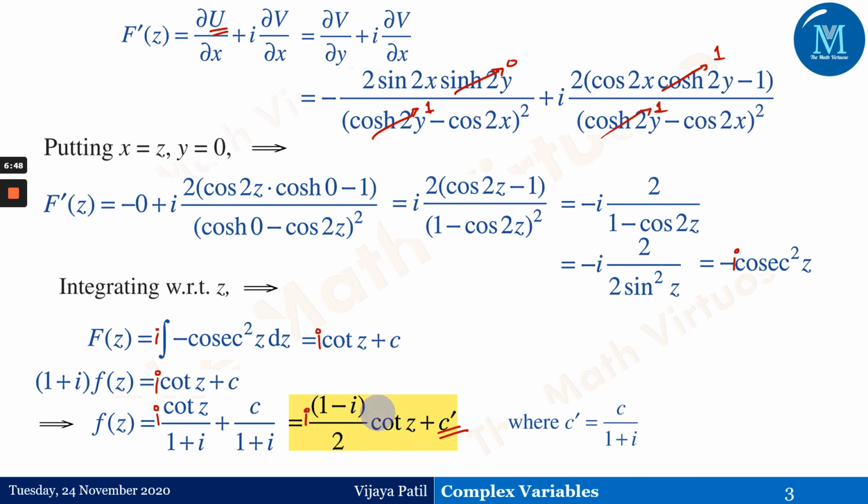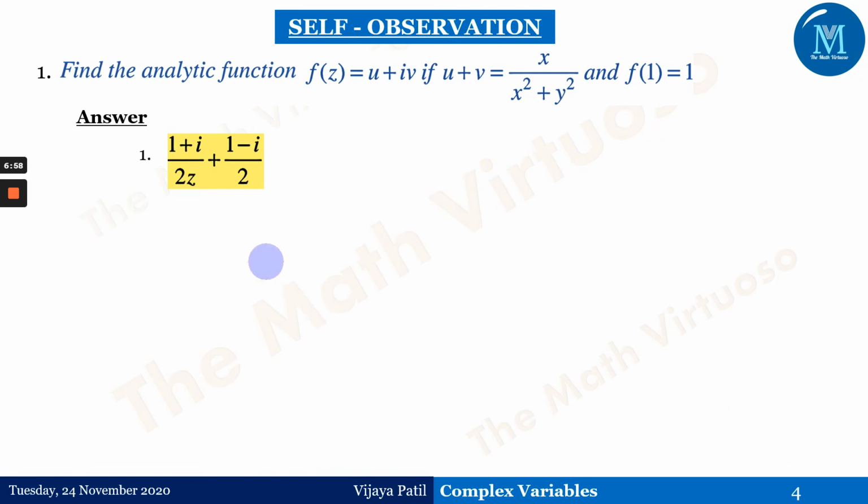So this is the particular answer for this question, wherein we have got capital V equals u minus, so u plus v, what we have discussed. And this is the self-observation slide wherein I have given you only one question today, and this is u plus v with a special function. Please follow the session wherein I've explained how to find the particular solution at the particular value of the function, and this is the answer.